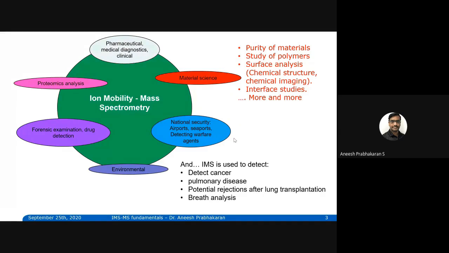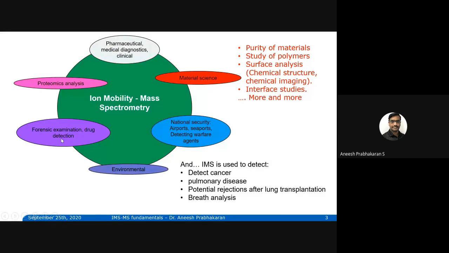They still detect it. If there are some sort of explosives or narcotics, some drugs in your bag, the trace amount will be left somewhere on your bag. That's what they are going to identify. That is how ion mobility is used in national security, and also in environmental work to detect environmental pollution, and in forensic examinations,